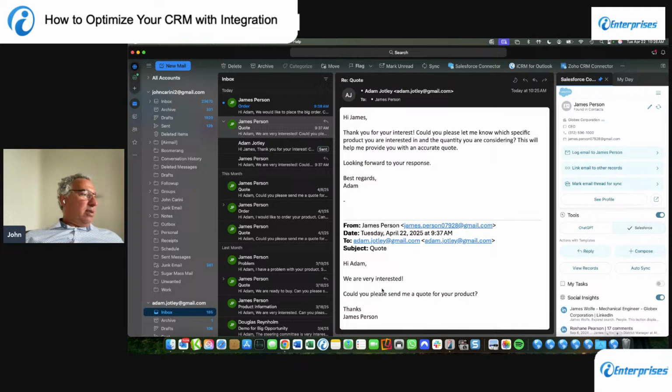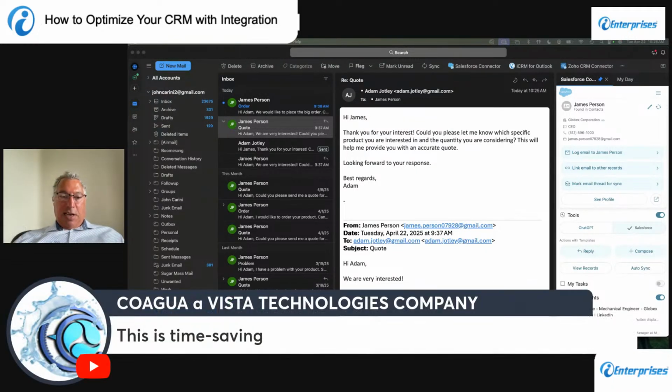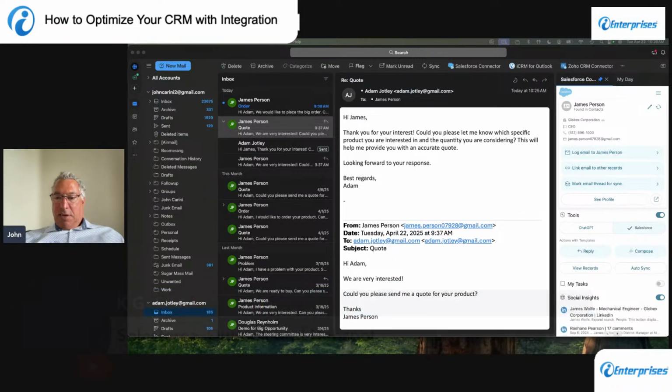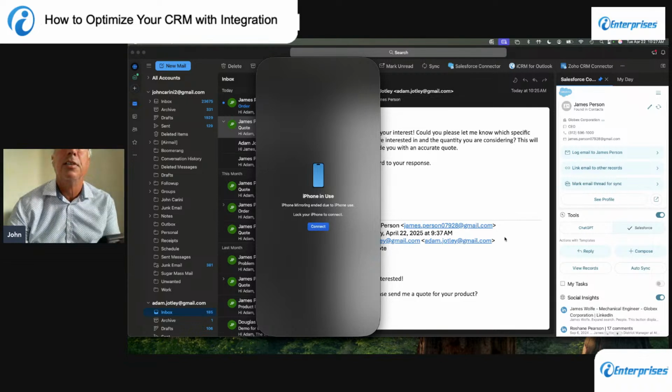Let me see if I can show you a little bit on mobile. This might take a second, so I apologize. If you do have questions, someone says it's time saving. Thank you. Yeah, Salesforce Outlook. Okay. Let me try to get my mobile going for you guys here. Give me 1 second. Anyway, if you do have questions,